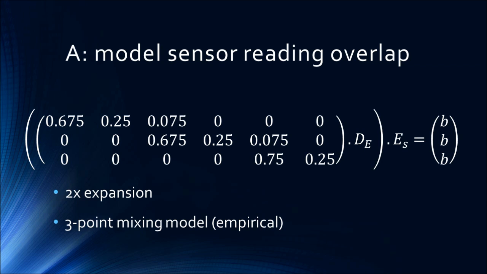Turns out, if we say every data point is actually a mix of 3 data points in our mixing matrix, this works out very well in the studies I've done empirically. So this is a 2-to-1 expansion. We take every data point, and I wish to create a new data point between each one. So a 2 times data expansion, and we do this 3-point mixing model, where I say a data point is a 3-point average,